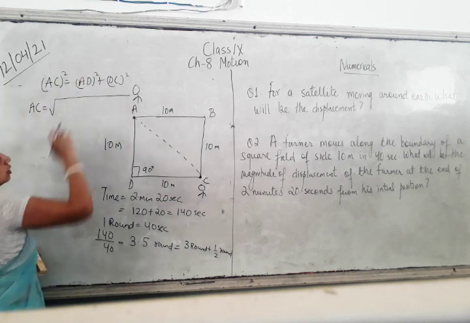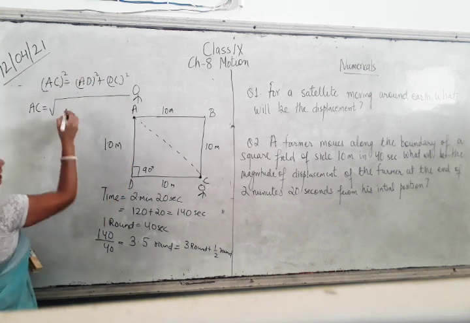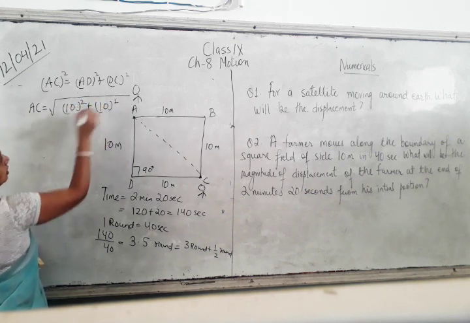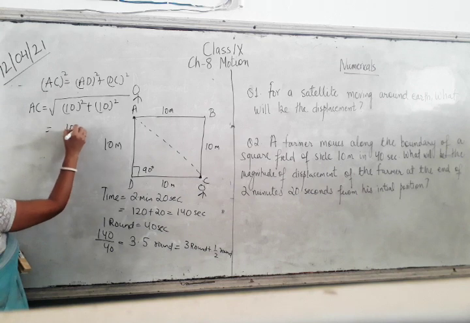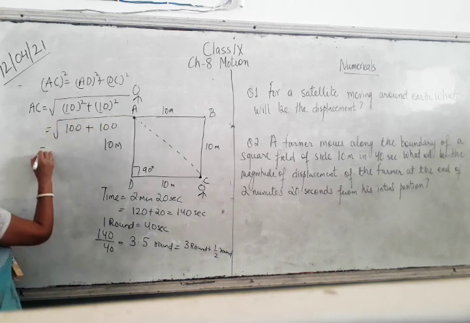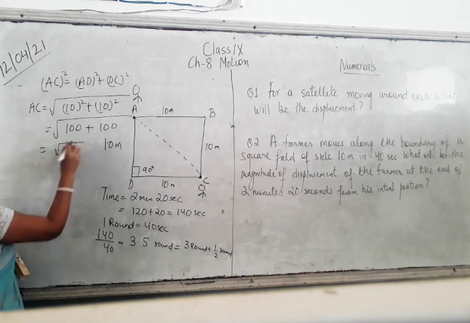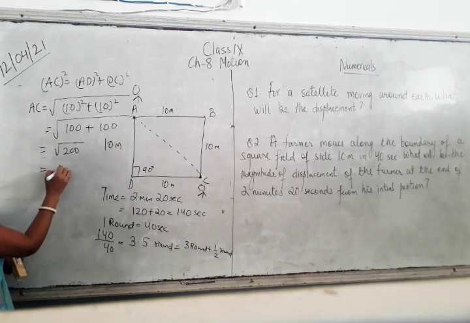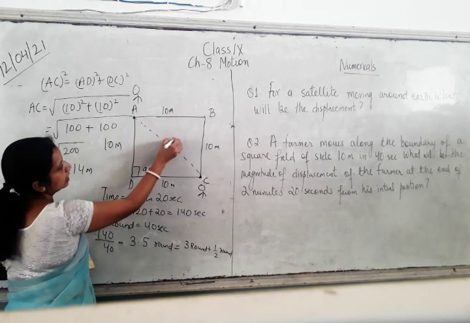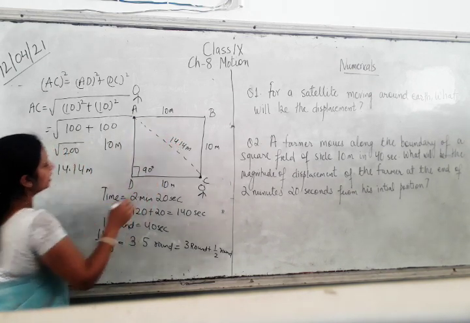AD is 10 meters, BC is also 10 meters, so 10 square means 100, 10 square means 100, so this is root 200, and when we find this value, it comes to 14.14 meters. So the length of AC is 14.14 meters,